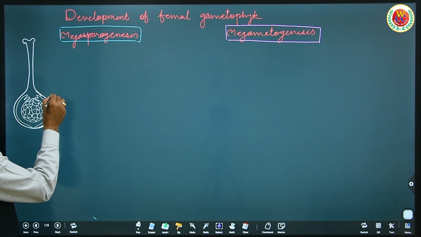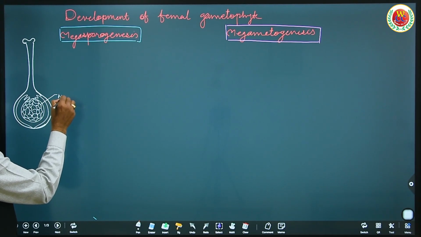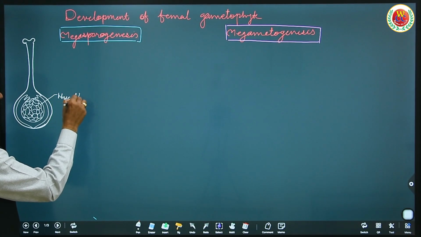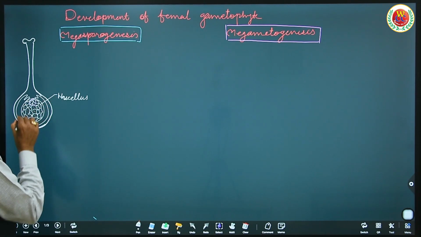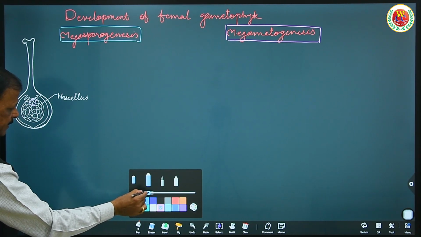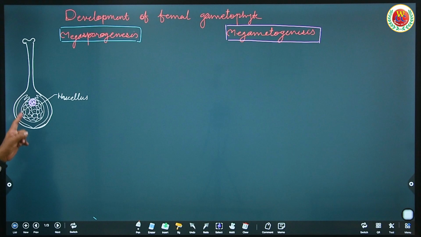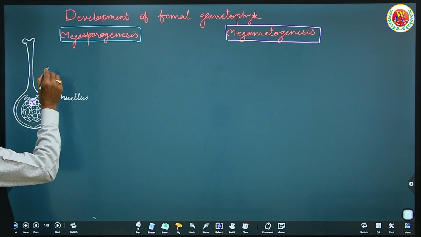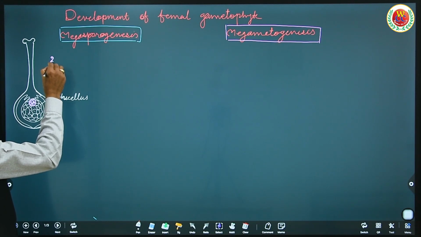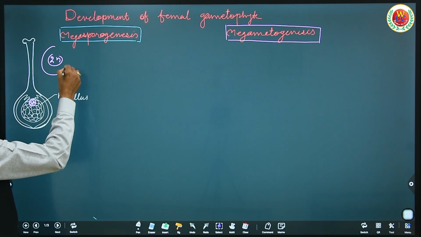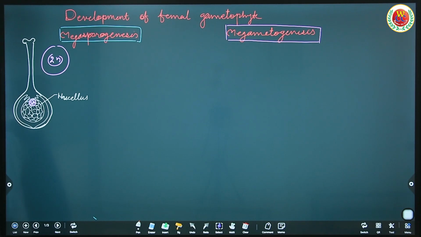called nucellus. So this entire structure is called nucellus. One of the cells in that is a megaspore mother cell. Just below the epidermis, one of the cells of the nucellus, a megaspore mother cell with diploid condition having prominent nucleus and dense cytoplasm, that undergoes